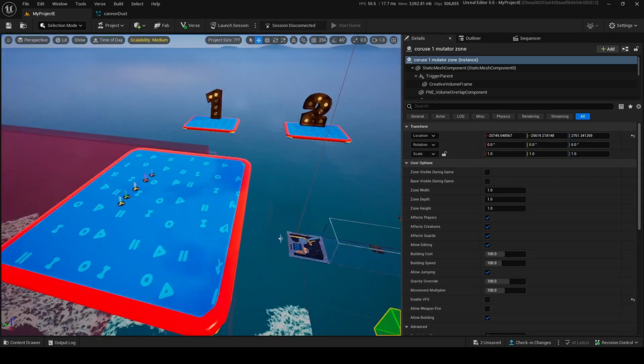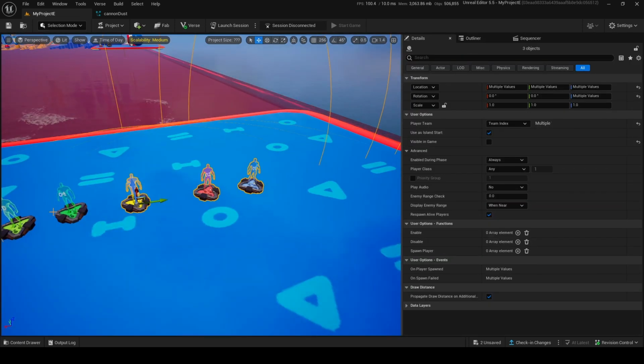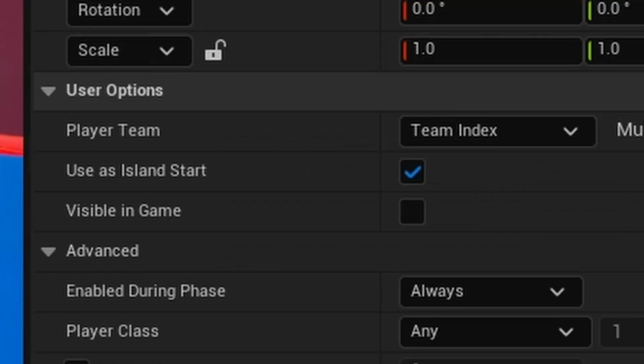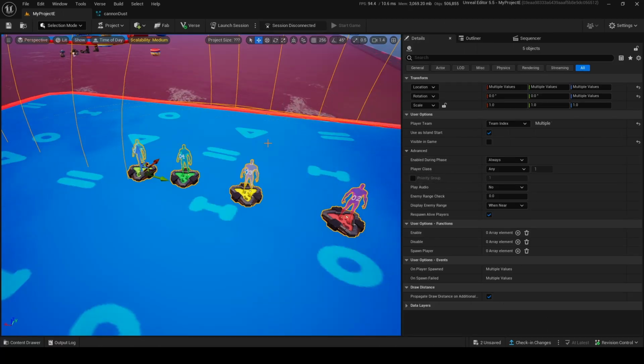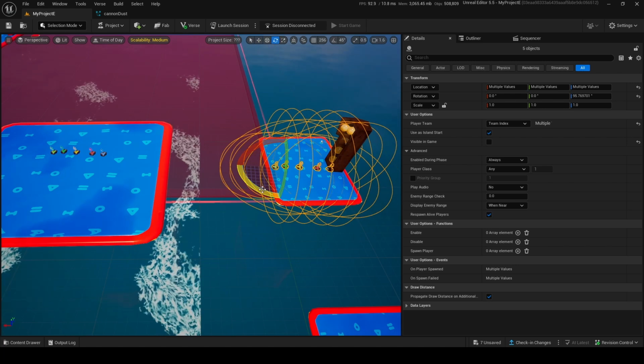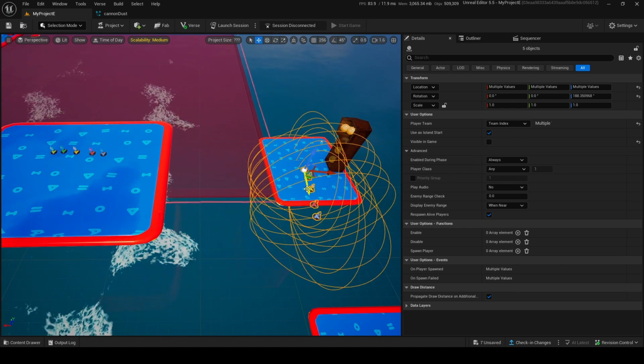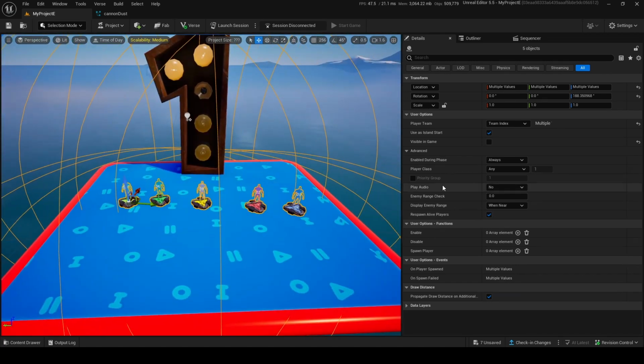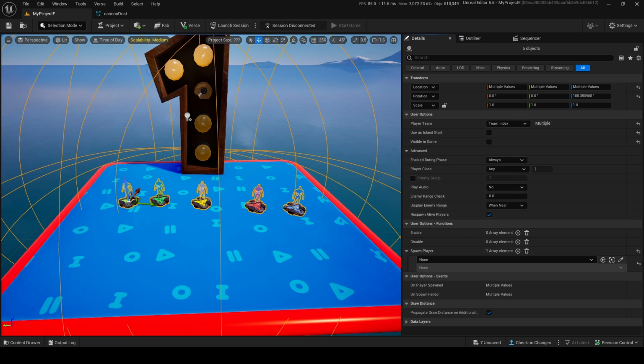Now, next step, with our spawners, these are going to be our game start spawners, hence the name, hence the option uses on start is on. But what we want to do is move all of our spawners to the course we want. This is course 1, so we'll move all our spawners to course 1. Now, in here, we want to use this on start to be turned off. Keep all the teams,